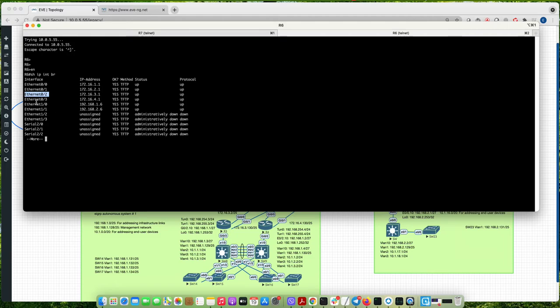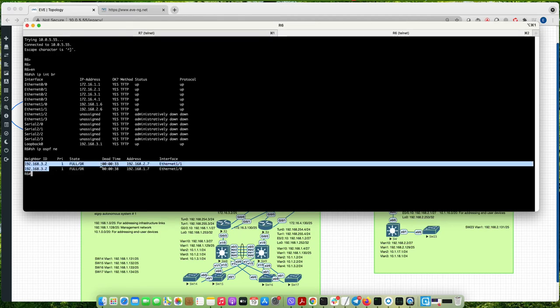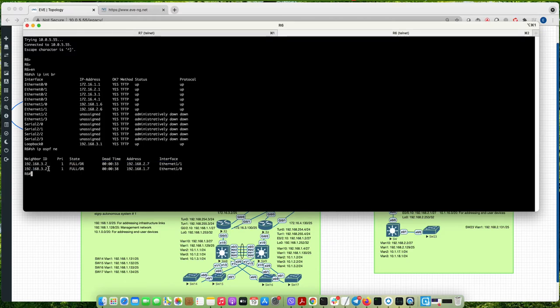So this is the interface Ethernet 0/2. Also, as an IGP solution, internal gateway protocol, I'm running OSPF here, so show IP OSPF neighbor will show me information about routing adjacencies for the OSPF protocol. As you can see, there are two routing adjacencies, both of them with the same neighboring device. We can also check show IP OSPF